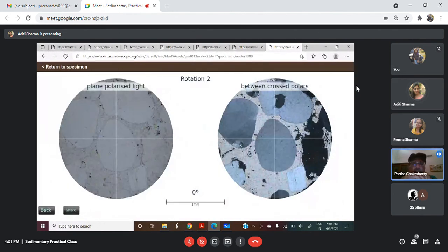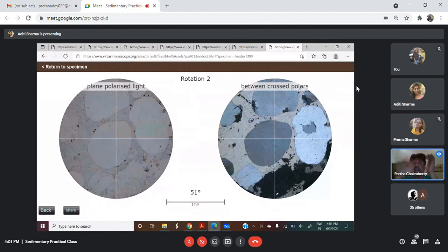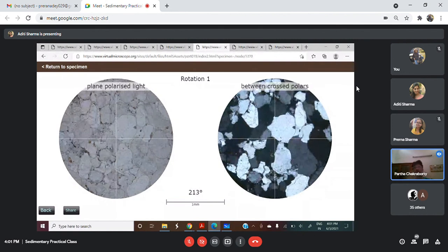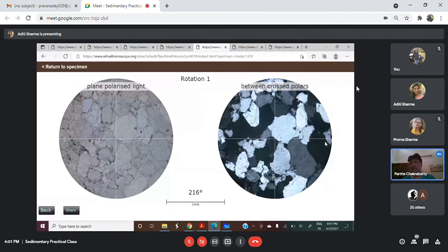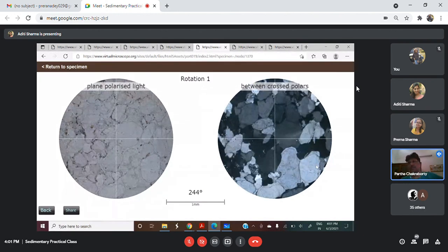No, okay. Aditi, I don't want to show all these things because this will confuse them. Because I want to show them the ideal picture of how quartzarenite looks like. So it is not good to show this. This will confuse them. We are showing you from a software base. We will try afterwards to show you some real life quartzarenite pictures also, how they look like, from the Indian basin.